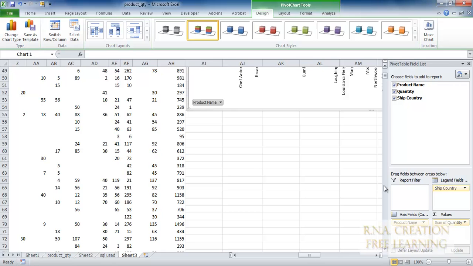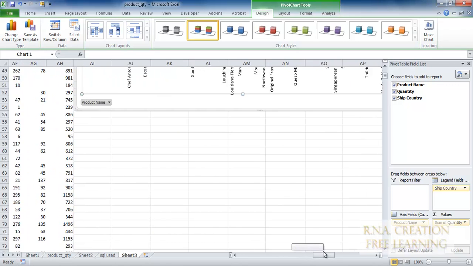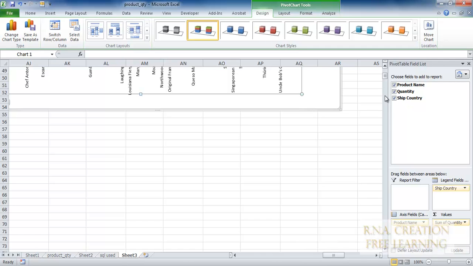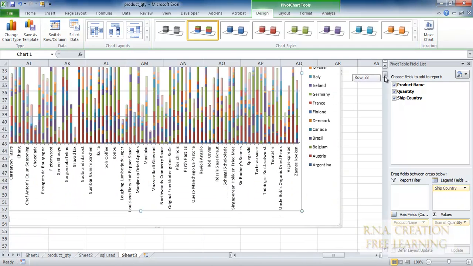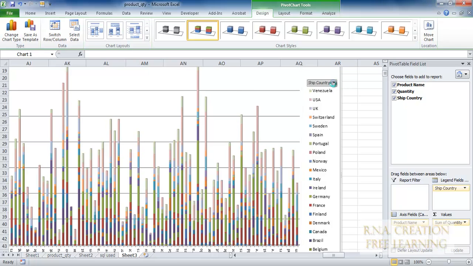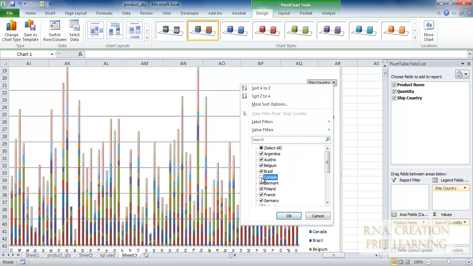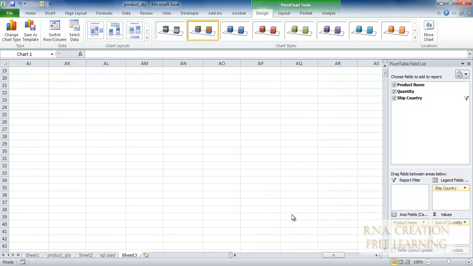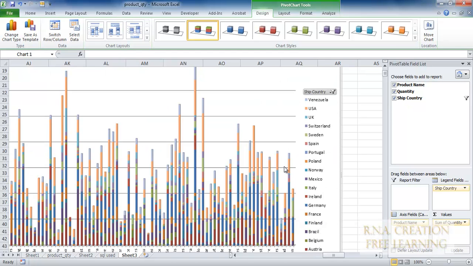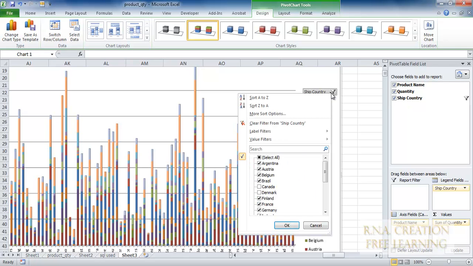Before we go further, let me show you something else. Here it is. You should know that you can choose from the ship country. You can select and remove countries if you just want to see a few of them, and if you say okay, you can see that most of the countries have disappeared.